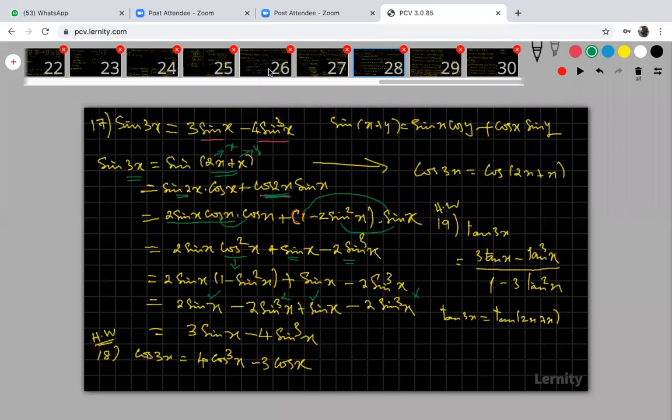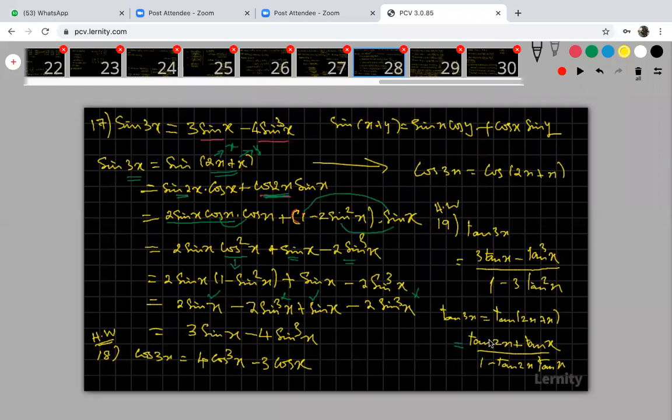Tan 3x is homework. Please try tan 3x. You can take it as tan 3x is equal to tan of 2x plus x. What is your tan of x plus y formula? This is tan x plus tan y